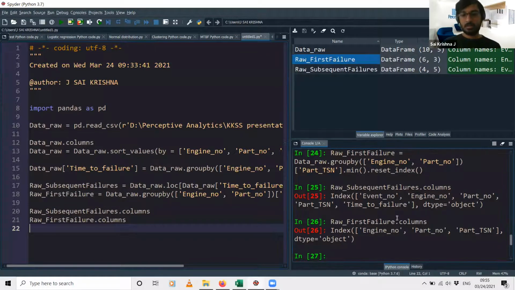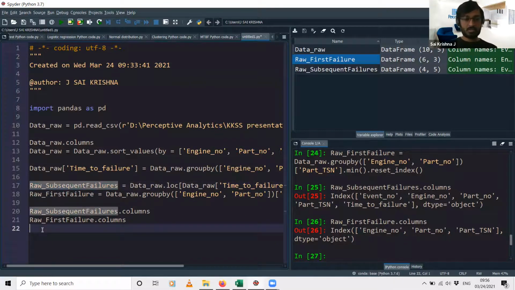we have these 3 columns: engine number, part number, and part TSN. Now from the subsequent failures data set, I don't need all these columns. I just need engine number, part number, and the time to failure. So I just need to take a subset of columns from this data set. For that, I will be using this particular syntax.